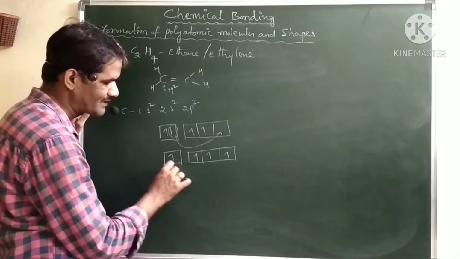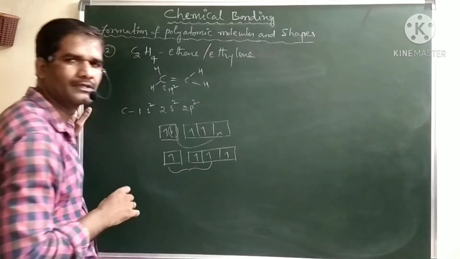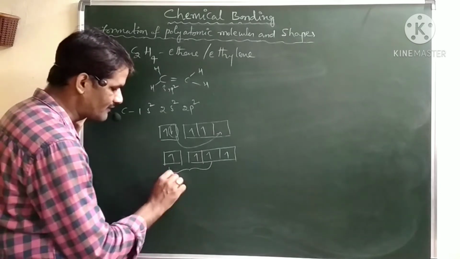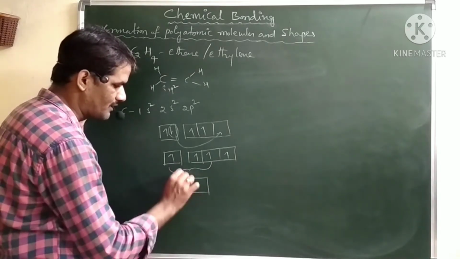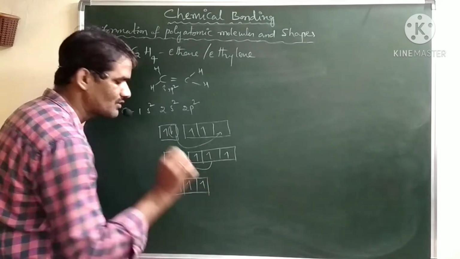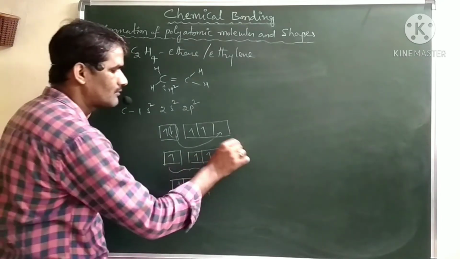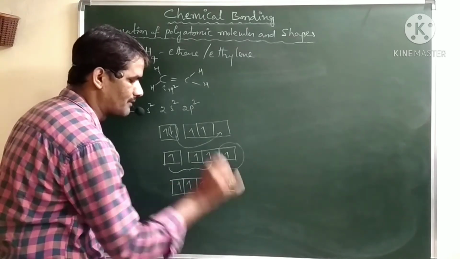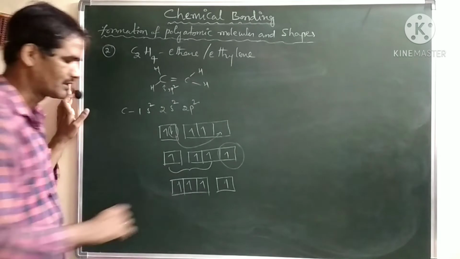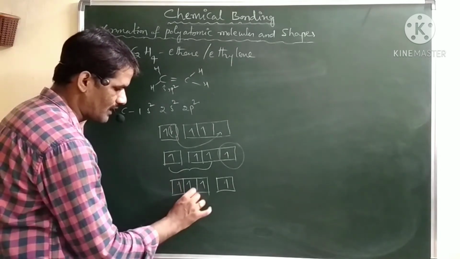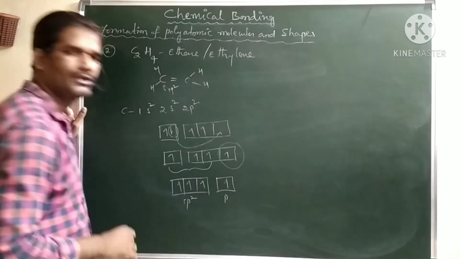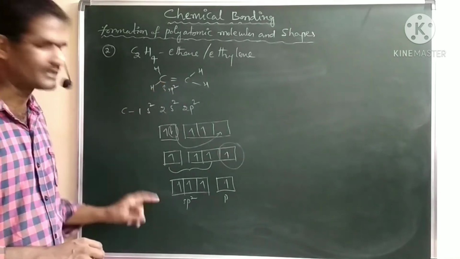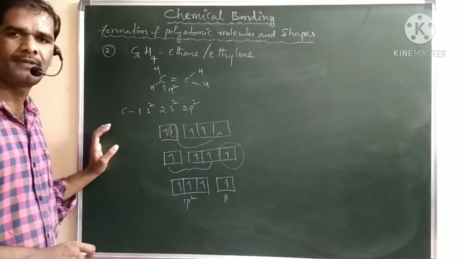Meaning what? 1 s orbital and 2 p orbitals will intermix and redistribute their energies, and they will form 3 sp2 hybrid orbitals having the same energy and geometry. Now one more electron, which is present in the p orbital, will remain as a pure p orbital, that is an atomic orbital. Here these are the sp2 hybrid orbitals and this is the p orbital. Now again 2 carbons will undergo hybridization like this, sp2 and one having a p orbital.